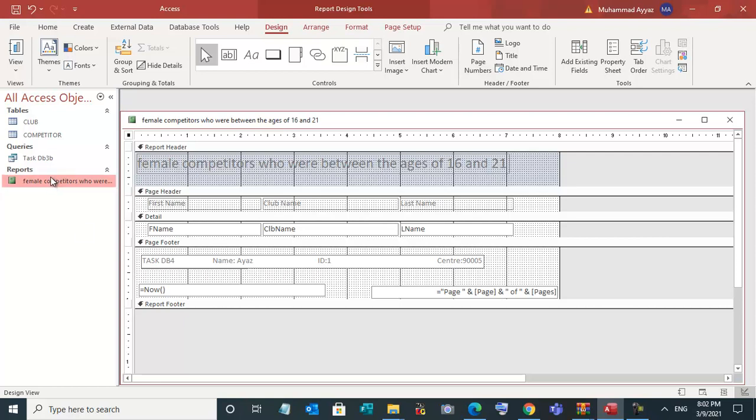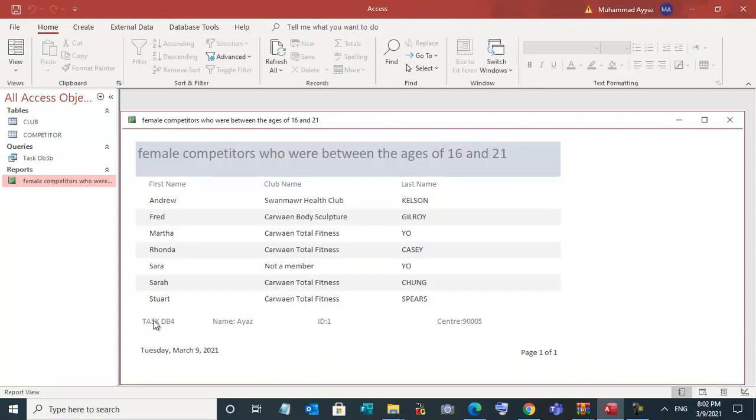Okay, so now double click this, see, so task DB4 name, ID, center is coming.